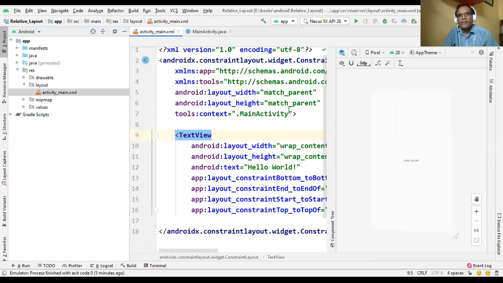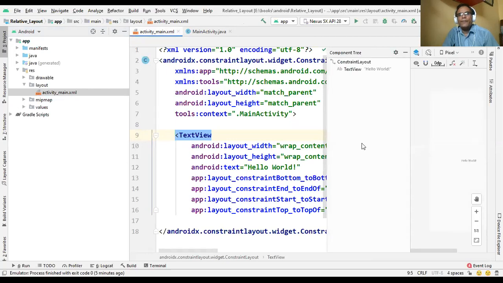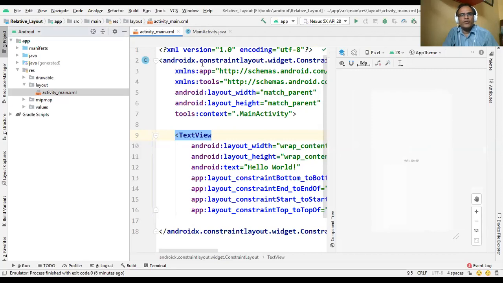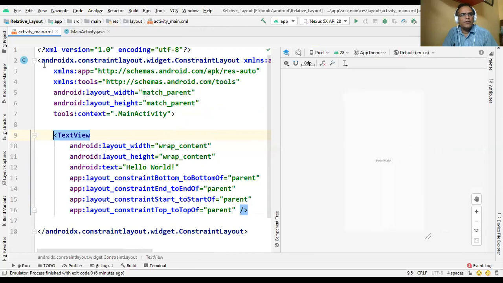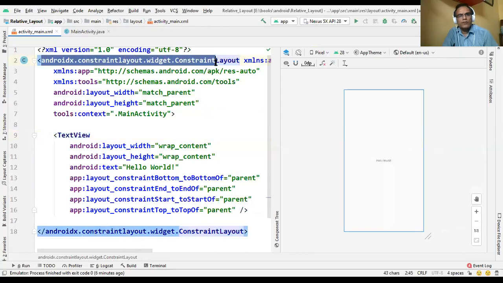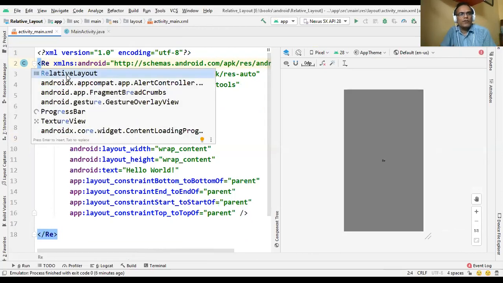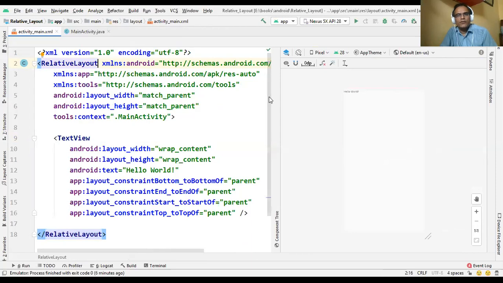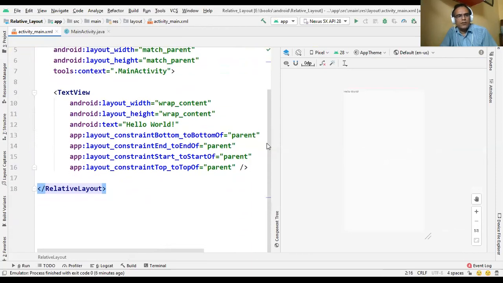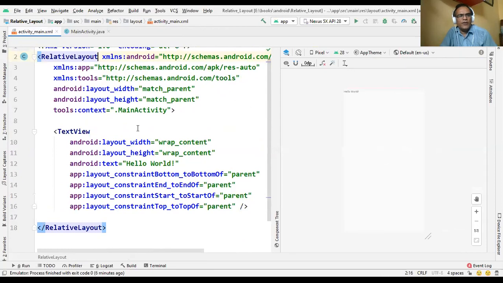We open it here, and by default you can see in the component tree a constraint layout, in which there is the text view Hello World. Here we replace the constraint layout with the relative layout. You can see this is the relative layout, and in it we are using the text view.